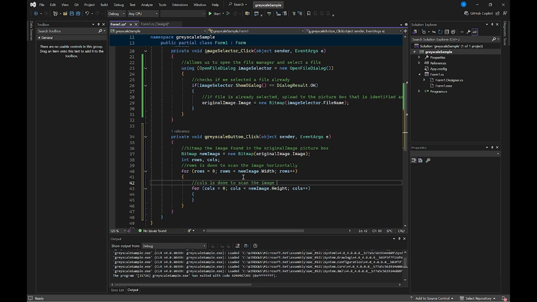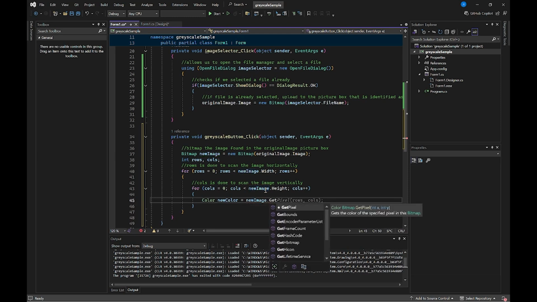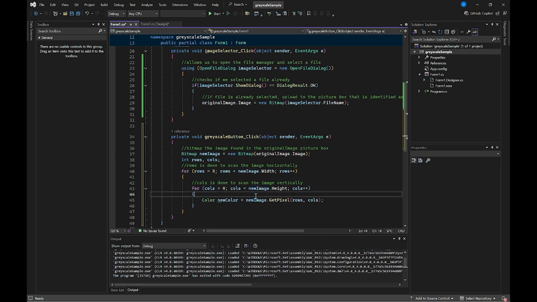Wait, never mind. In this case, it's reverse, since you can reverse the process. In this case, we're targeting the height first, so it's gonna go from top to bottom all the way to the right side from the left side. So we're gonna start with the first column, and then we're gonna finish with the last. And what we're gonna do